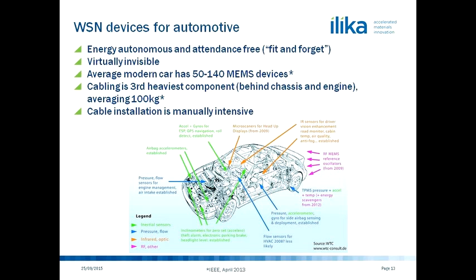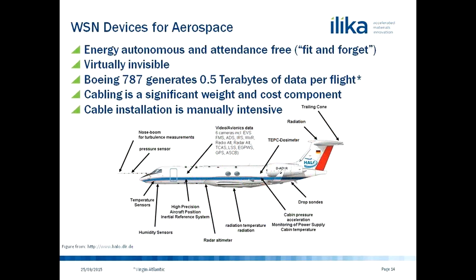In fact, the amount of electronics has increased to the point where the cable loom is the third heaviest component in the vehicle, so behind the chassis and the engine. And of course, the manufacturers are looking for ways to strip out the cost. There's an awful lot of copper associated with that, as well as the weight, so that you get a reasonable fuel economy out of the vehicle. And the same can also be said of aeroplanes. There's a huge amount of instrumentation that goes into modern aircraft, and there's a big demand for reducing that weight